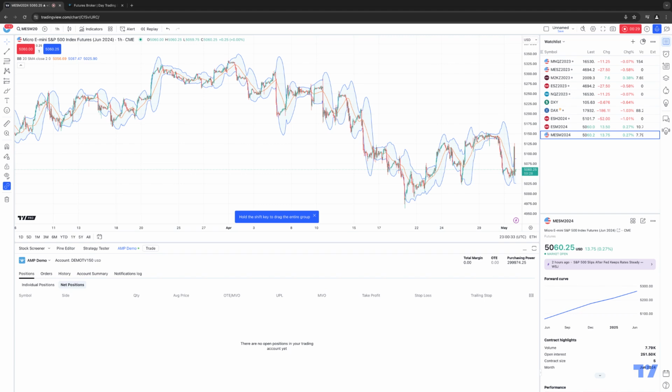Now, right now, I'm currently using a trial demo that you can request off our AMP Futures website at www.ampfutures.com. This is just a trial demo for paper trading, which these new micro symbols are also available to access. But of course, if you're also trading a live connection for live trading, the instructions that I'm going to demonstrate will be exactly the same. So once you have your TradingView account established, and once you've successfully linked your AMP account CQG connection with your TradingView account, let's now go ahead and demonstrate the steps that you need to take to add these new symbols